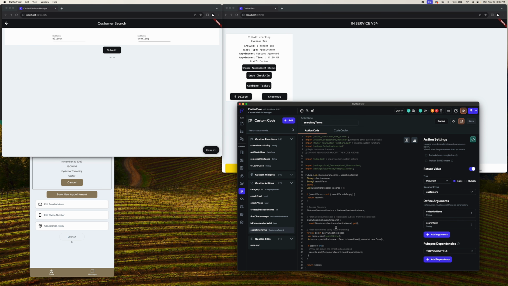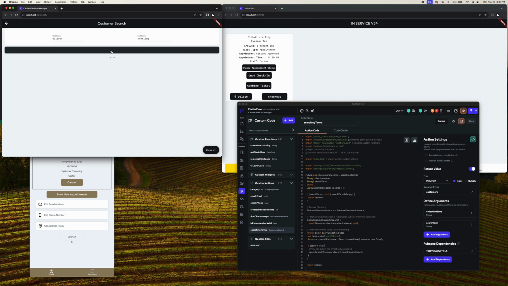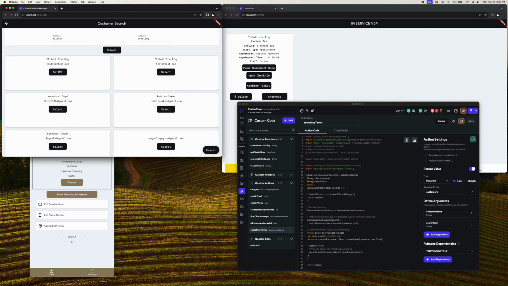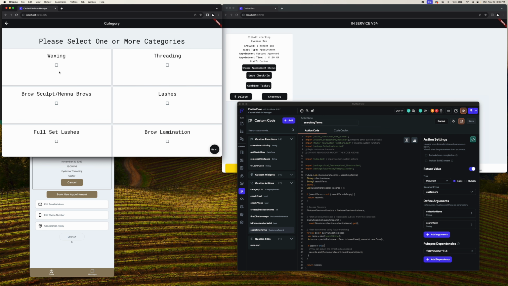I love it because, like in Python, same here, you can set your score to as high as you want to be able to find the matches for you based off whatever query you're trying to search for. So I really like that a lot better. This is what I'm using here, Fuzzy Wuzzy for that. Once it does that, it really looks at all different types. And once you select that,